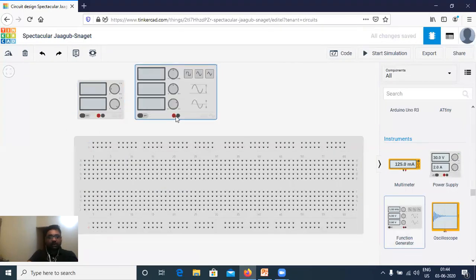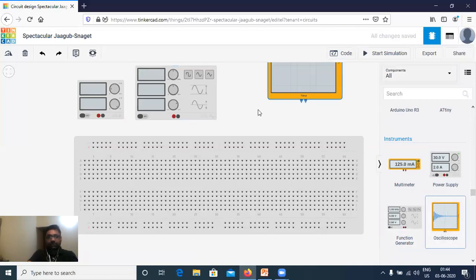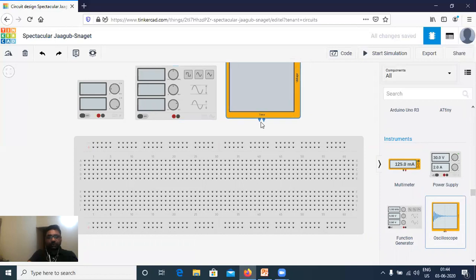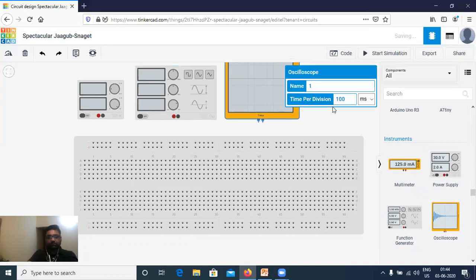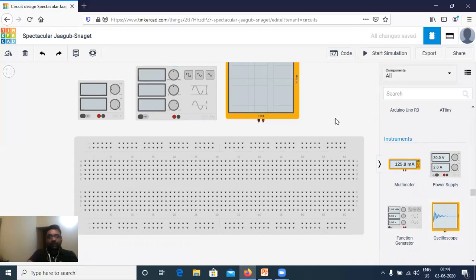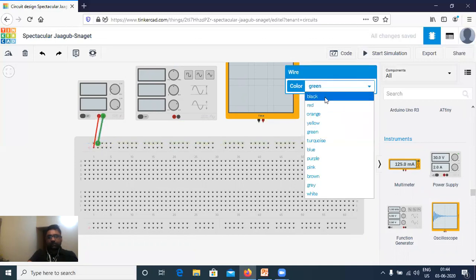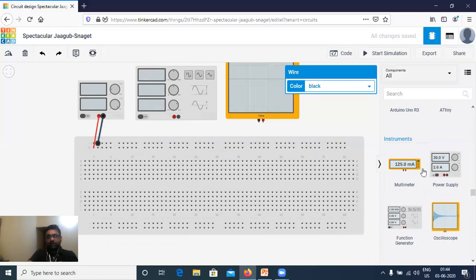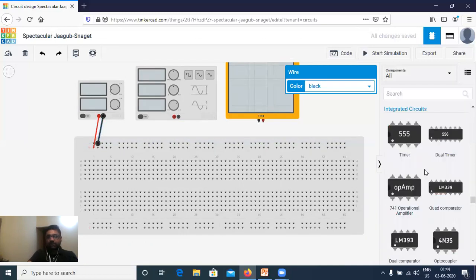And definitely I will go for a CRO or oscilloscope to show you the output of the clock. We'll configure these things later. First, let us place it. Then this is your VCC, this is your ground. So I require IC 7473 for the JK flip-flop.